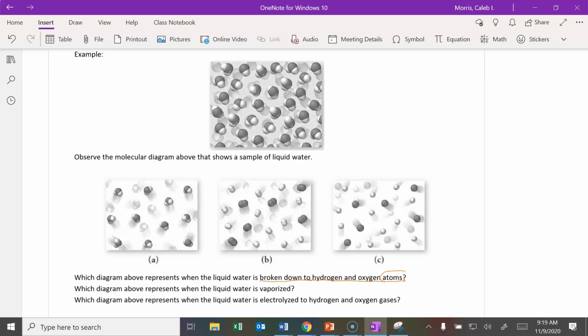We need to pay attention to key words here. The first question asks about when it's broken down into hydrogen and oxygen atoms. And then the second one says, which diagram above represents when the liquid water is vaporized? And then which diagram above represents when the liquid water is electrolyzed to hydrogen and oxygen gases. So electrolyzed, and when you see hydrogen,